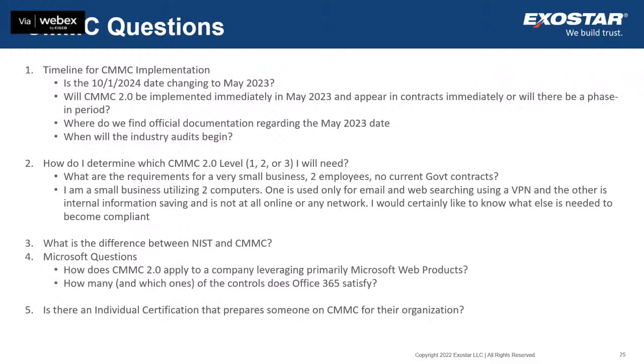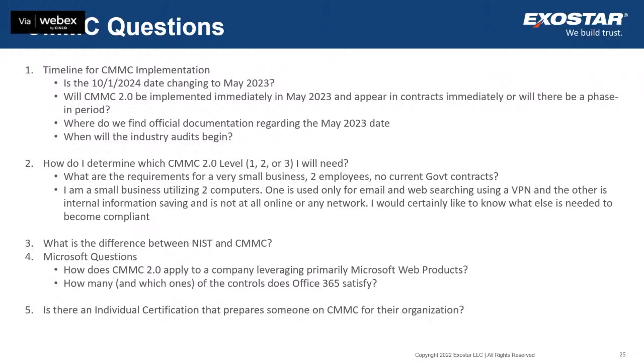So CMMC is the official policy, or if you will, the governing policy that's going to put these controls in place. That's what CMMC is. It's going to be driven by those NIST standards. So CMMC is what mandates your compliance with NIST. NIST is the standards body. They're the ones who write the standard. So it's NIST